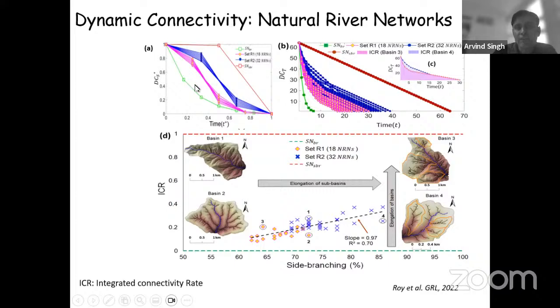And for reference, we have plotted the envelope for the case of purely side branching systems or networks. And what we see is that the pattern of flux propagation is very different for these two subsets, where the purple lines have a higher side branching ratio, whereas the pink curves have a smaller side branching